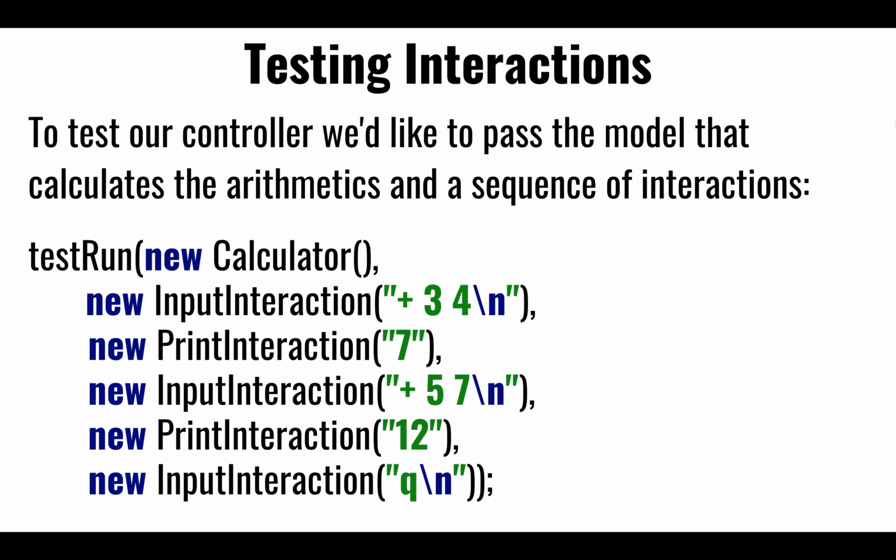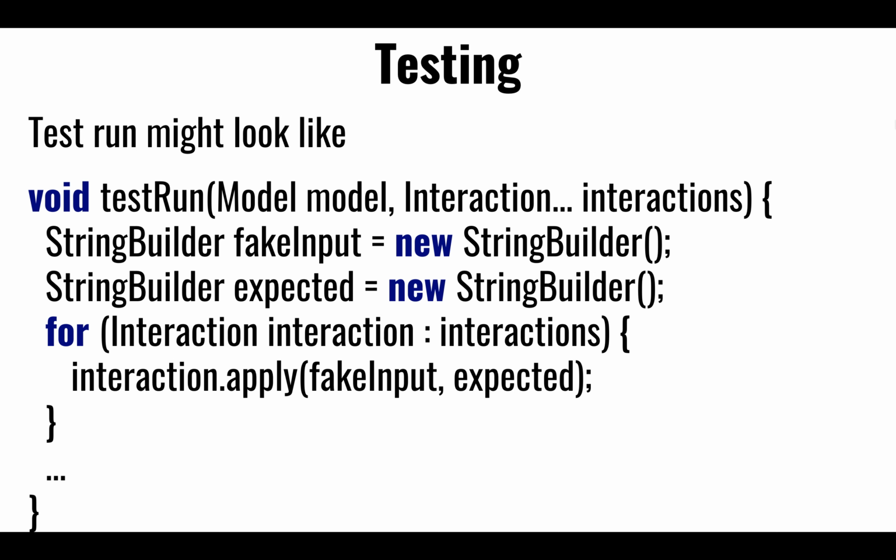Right, that allows us to verify that the original 3 that I passed and the original 4 that I passed were not misinterpreted anywhere. Right, that what I sent in is the same as what came out. So the controller can internally use the streams to pass this to a model, and the model can then operate on this and come back with the resulting 7. And then the test run would build the expected interaction,